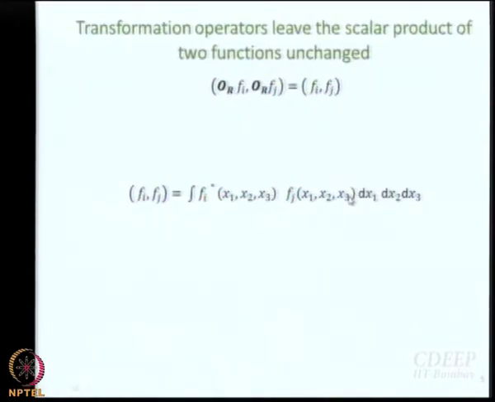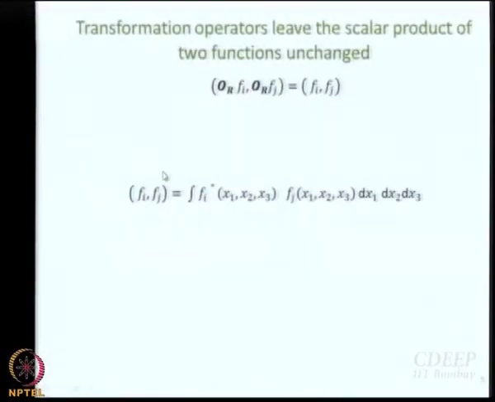What are we dealing with here? We are dealing with functions, right, which can be represented as linear sum of the Cartesian coordinates x1, x2, x3. I could have written x, y, z, but x1, x2, x3 is more symmetric than x, y, z. Good thing is that I can just change the subscript and go from one to other. That is why I have written x1, x2, x3. Okay. Do we remember that this is the scalar product of Fi and Fj?